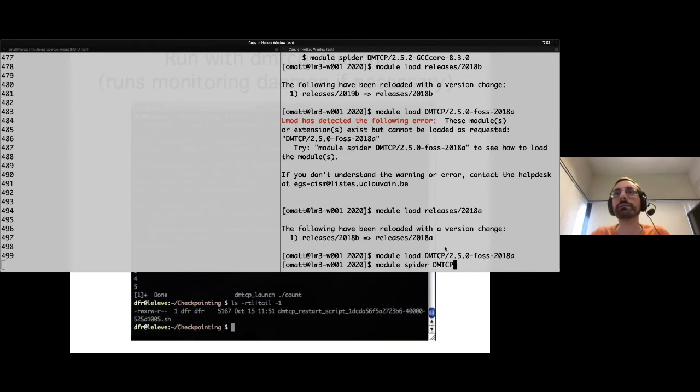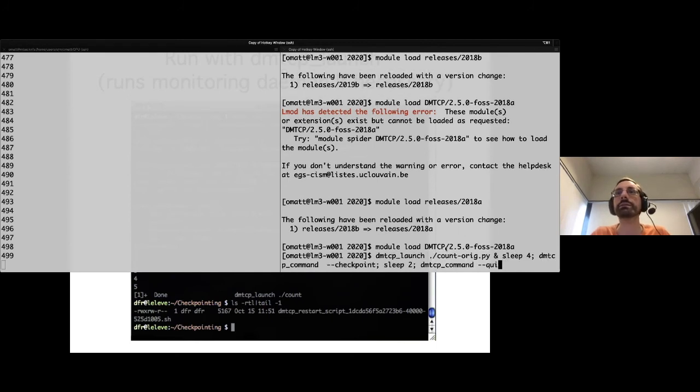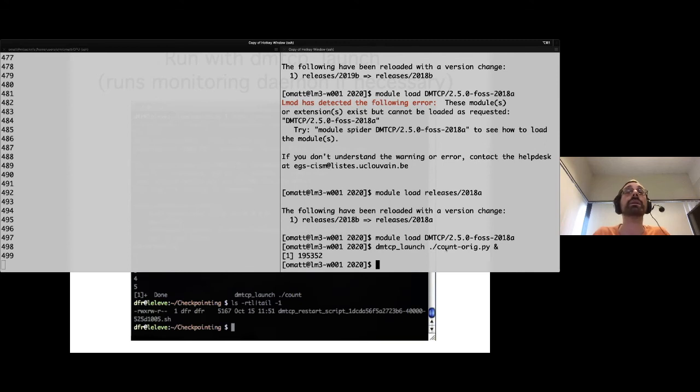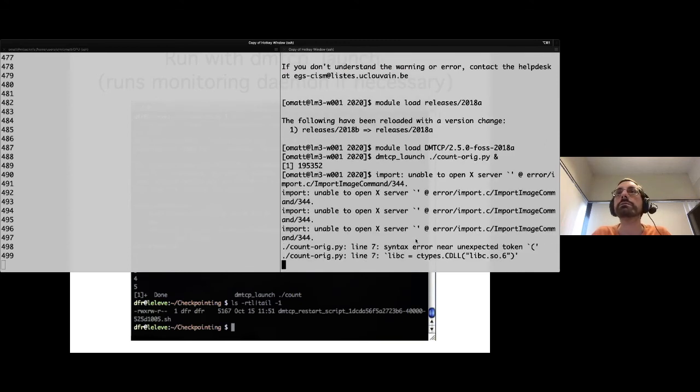I can rerun the command here. I will do all of them. So now I can launch my program like this. So now my program is running. Okay, maybe I should have, that should be okay, I guess.